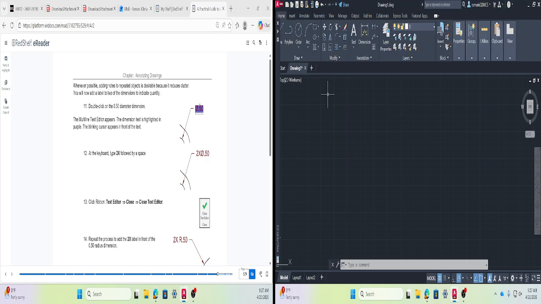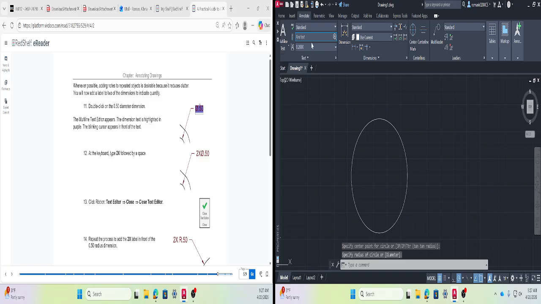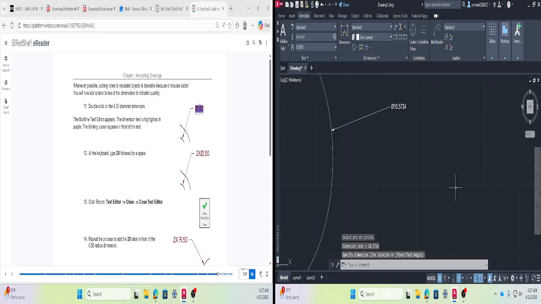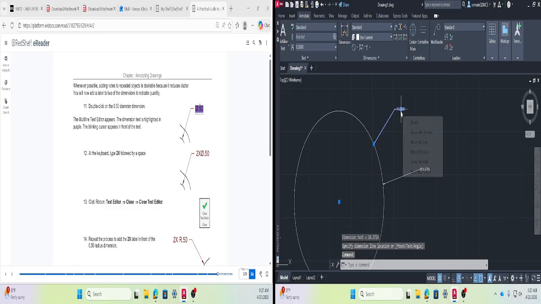Once you have the dimension drawn, let me see if I can show you some example. Say you have a circle drawn here, and you want to go to Dimension. First you want to do the radius, and then you want to do the diameter again, just for the same thing. So you have this radius and diameter, right? So this one here,